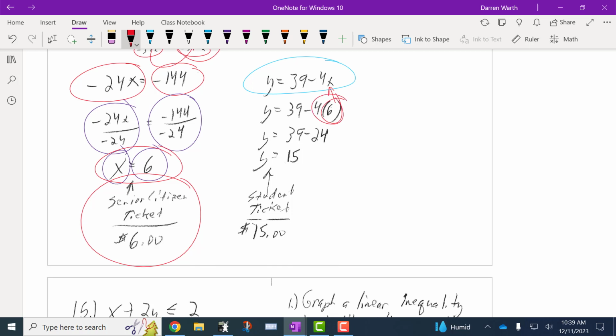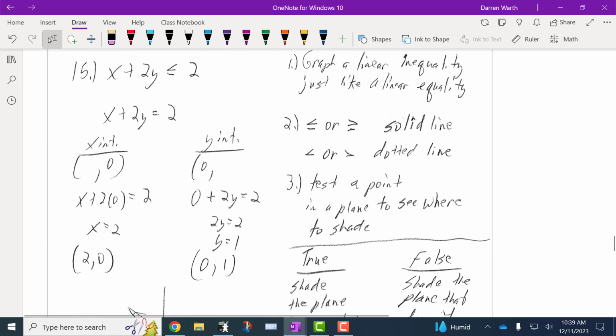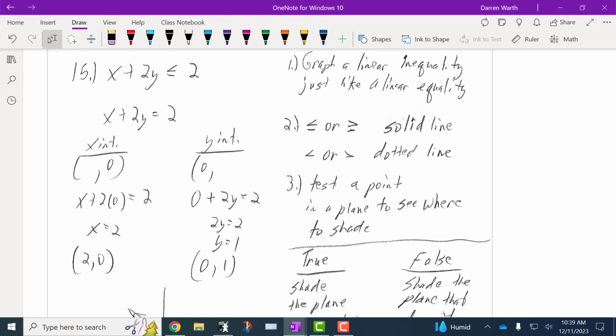So I take 4 times 6, which is 24. And then I take 39 minus 24, which is going to be 15. So now my student ticket costs $15. So senior citizen ticket, $6. Student ticket, $15. Okay, now on this next problem, number 15, they give me X plus 2Y